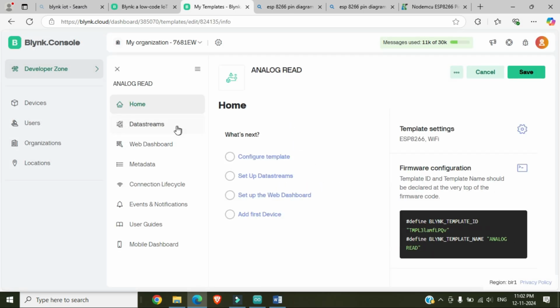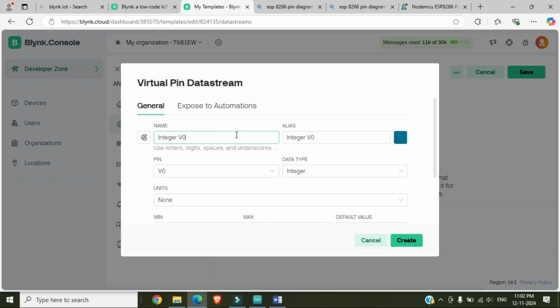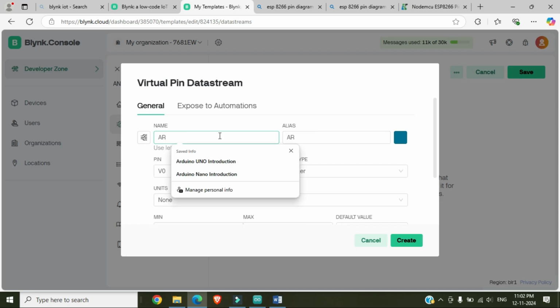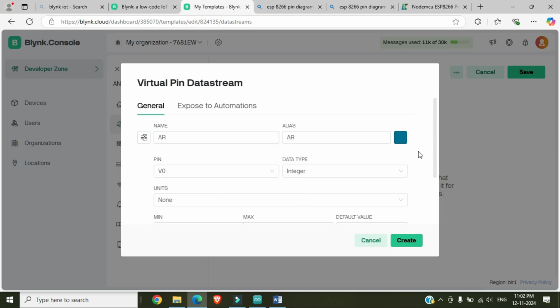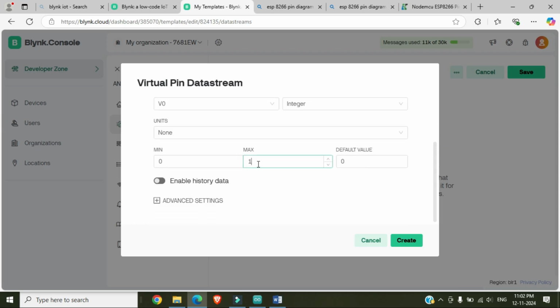Done. Now the data stream part: create new data stream, virtual pin should be there. So over here I just put analog read, AR, and V0 is my virtual pin. Over here in the minimum and maximum I just put